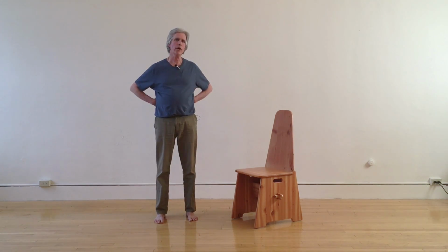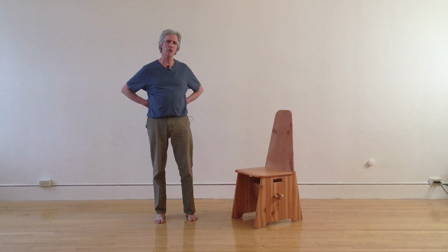Today I'm going to show you how to sit in a chair for meditation or other purposes and maintain optimal energy flow, or chi flow, through your body. The reason to do this is because good sitting alignments give you more energy, more vitality, and also make you more comfortable so you can sit for longer periods of time and be more productive, whether it's for work or